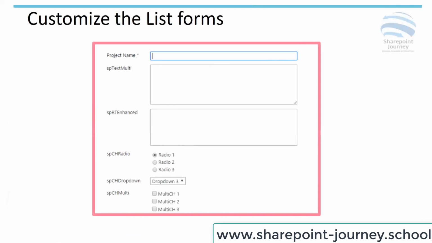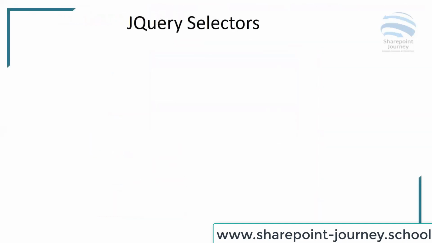Okay. So whatever we have seen so far are just the basics, right? And ultimately our aim is to customize the list forms. So here I have one particular example where we have all types of fields that we could work with. Single line of text, multi-line text, enhanced rich text, radio button, drop down. So we'll see how we could work with each one of them. But in order to work with them, similar to what you saw in terms of CSS selectors, you can always go ahead and use these things, which are